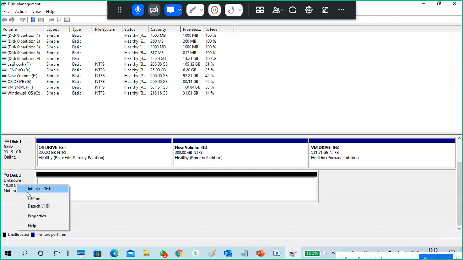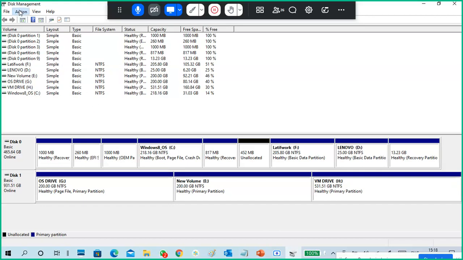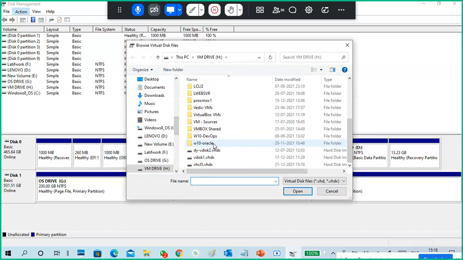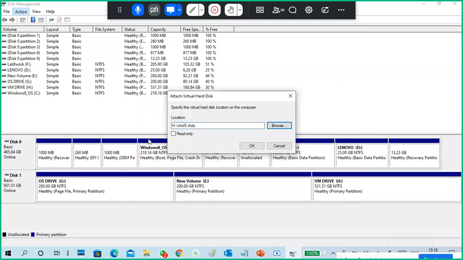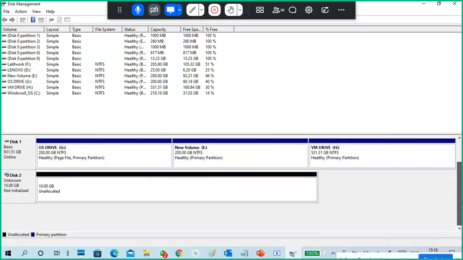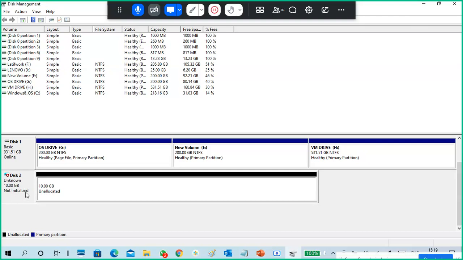So you can initialize the disk like this. Otherwise, I remove the hard disk and reattach it. So attach VHD. Okay, so like this, it looks like a fresh hard disk. Think of it as a new hard disk I attached. It is asking to initialize.